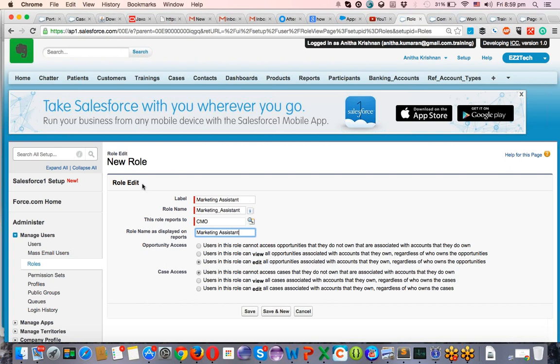Here are the special settings. With the role hierarchy, when I'm creating the role, I'm doing the opportunity access settings and case access also. Users in the marketing assistant role can edit all opportunities associated with accounts that they own, regardless of who owns the opportunities.